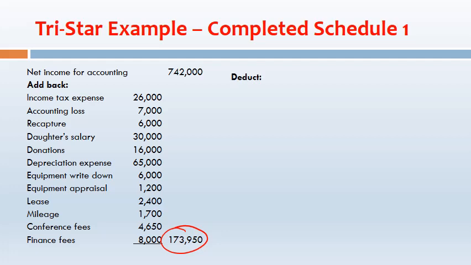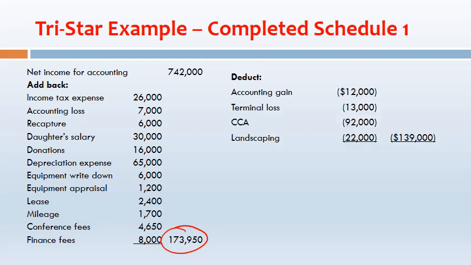We're then going to take our deductions, the accounting gain, the terminal loss, CCA, landscaping, for a total deductions shown here. So we'll take our accounting income plus our add-backs minus our deductions for our net income for tax purposes shown right here of